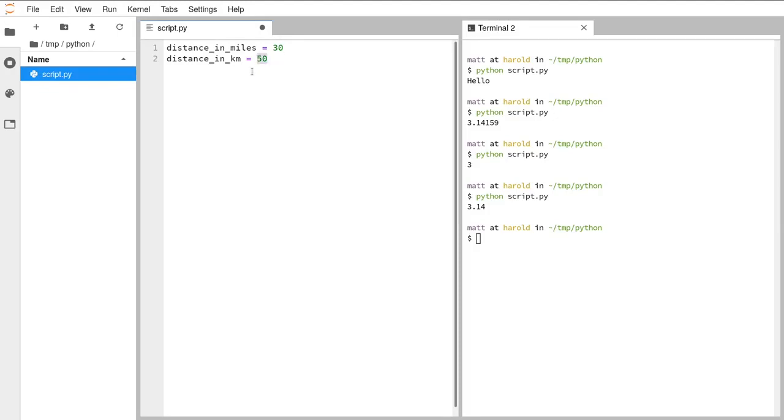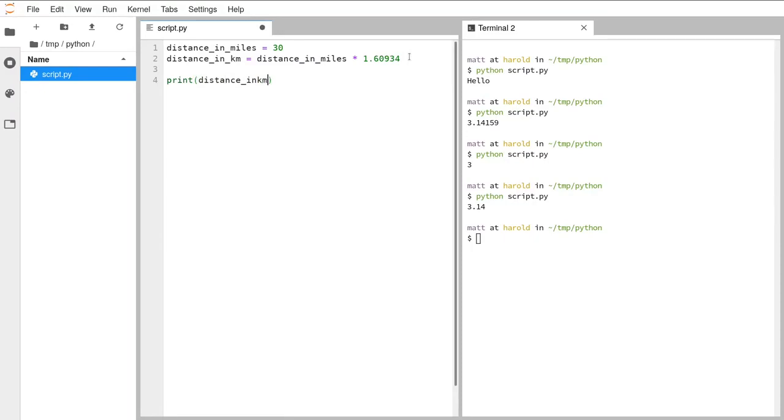And so when assigning a variable, on the right-hand side, you can do more than just write a piece of data. You can also refer to other variables. For example, distance in miles, and we can multiply that by a number. And I'm going to copy the number from down here to avoid errors. So here we made a new variable, and the value of this second variable is based on another one. So then when we print